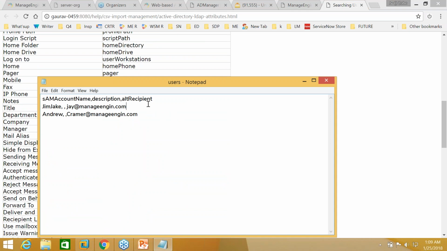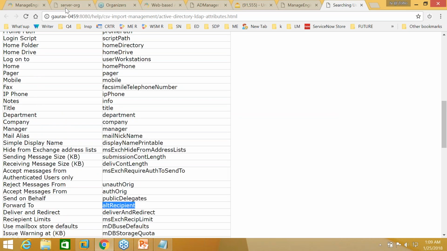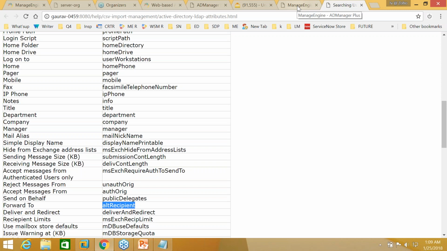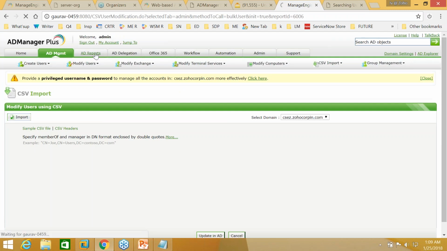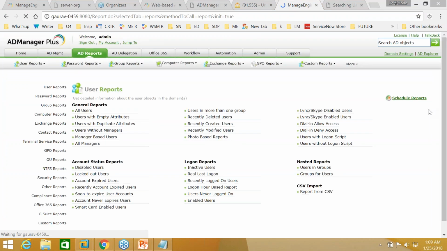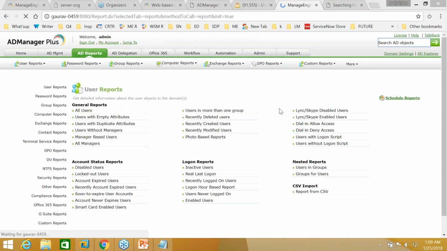If writing a CSV file seems to be a tough task, you can always pop up your Excel, have the corresponding headers named, and have a list that you've exported from the reports that we have in the product, which is just a quick moment right here, which is the reports module. So for a specific requirement and for a specific modification, if you'd want to act on an existing list of users that you have, all right. So if you'd want